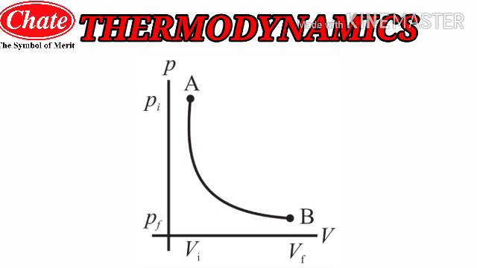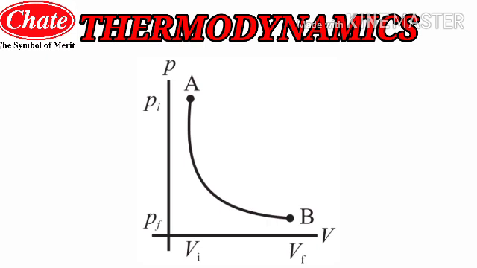Now students, we will see the PV diagram for the isothermal process. As you can see, point A is at the initial pressure, that is Pi, and as it moves from point A to B, the volume goes on increasing and the pressure is decreasing. So this is the isothermal process where the temperature is constant, meaning there is no change in temperature, while changes exist in the pressure and the volume simultaneously. Thus you can see the graph A to B. So this was all about the isothermal process which we learned in the previous lecture.